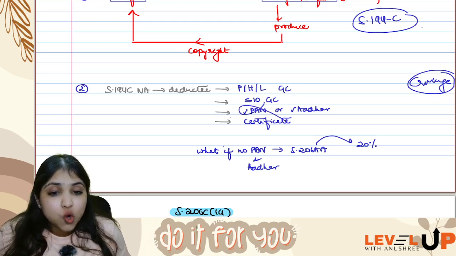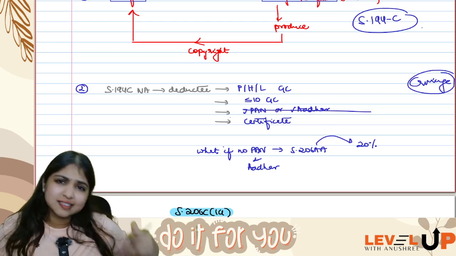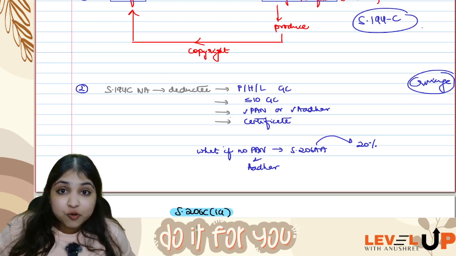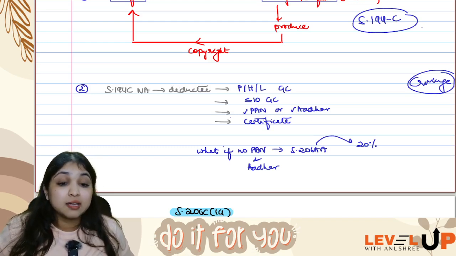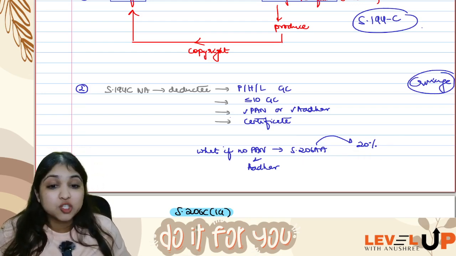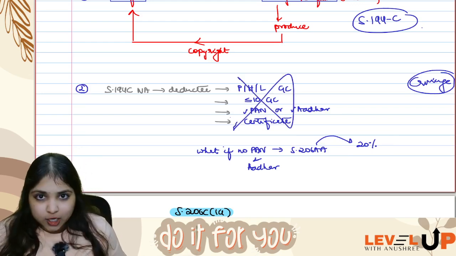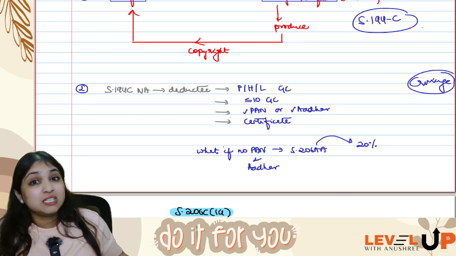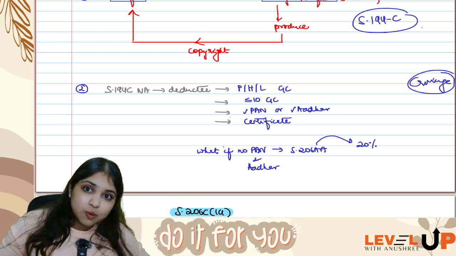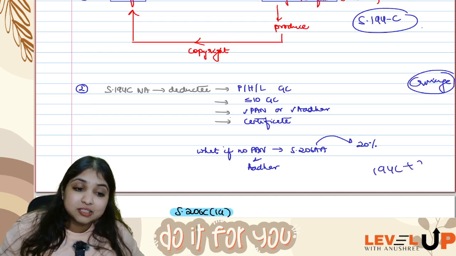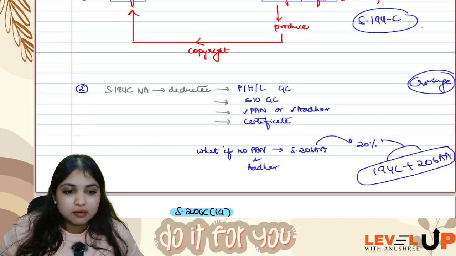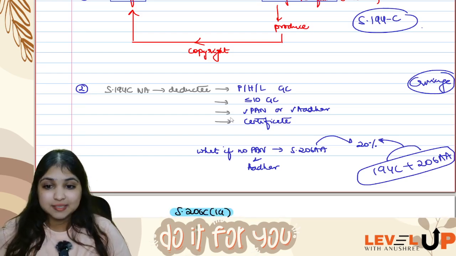Okay, but what if he is not giving PAN or Aadhaar? Neither is he giving PAN nor is he giving Aadhaar. Then in that case, this exception will not apply. 194C will apply. But if he is not giving PAN or Aadhaar, then 206AA will also apply. So the TDS rate will become 20%. If he is not giving PAN or Aadhaar, then this exception will not apply because this condition is not fulfilled, which means 194C will apply. But because the deductee is not giving PAN or Aadhaar, 206AA will also apply. So 194C plus 206AA. Remember, we had created one chart for this. These two sections put together, the TDS rate will become 20% in this scenario.